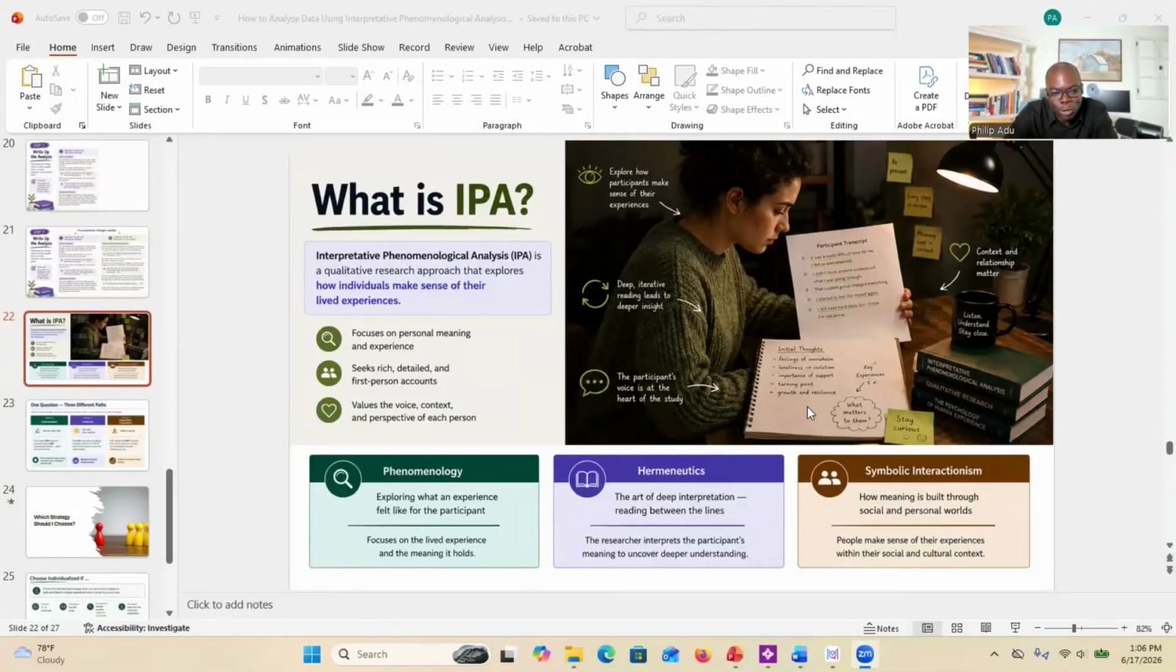This is what I'm going to show you today. So I'm going to show you how to use MAXQDA to analyze your data if you are using interpretative phenomenological analysis. In my previous presentation, I introduced you to interpretative phenomenological analysis, which is called IPA. And I gave you 7 steps that you could follow to help you to analyze your data if you are